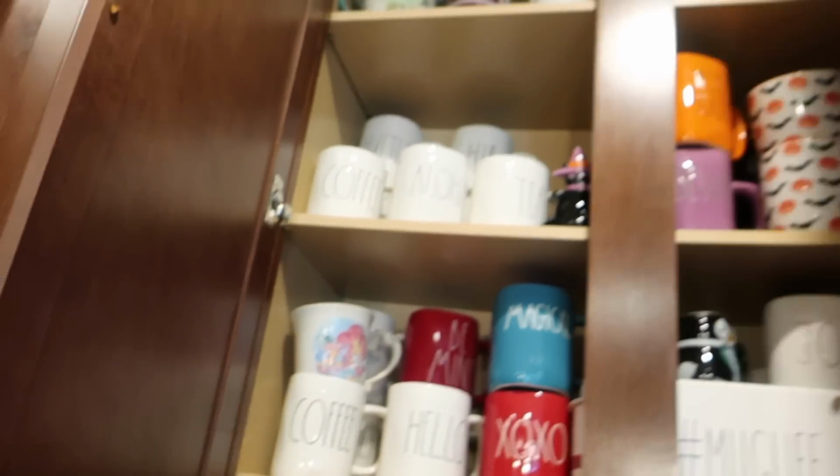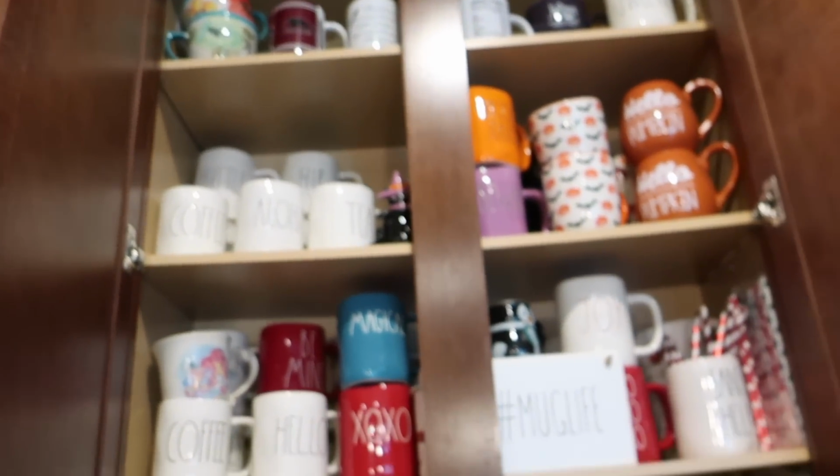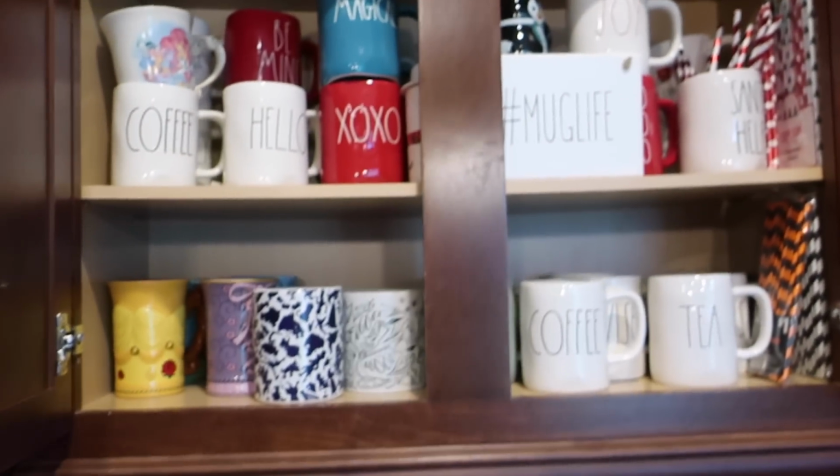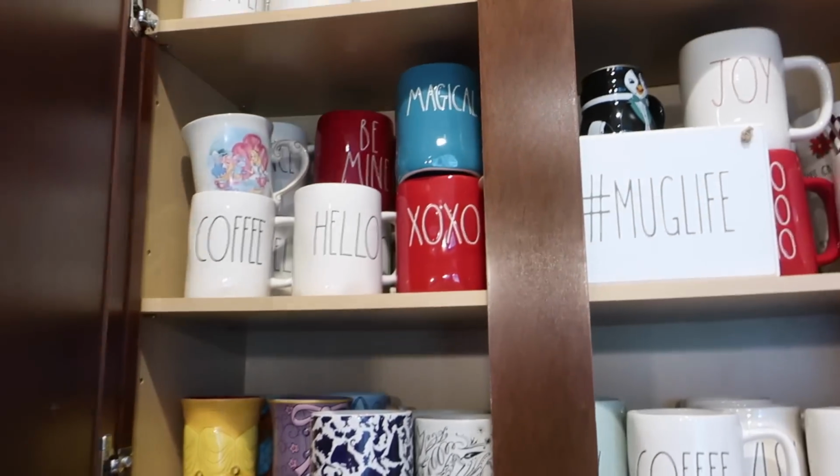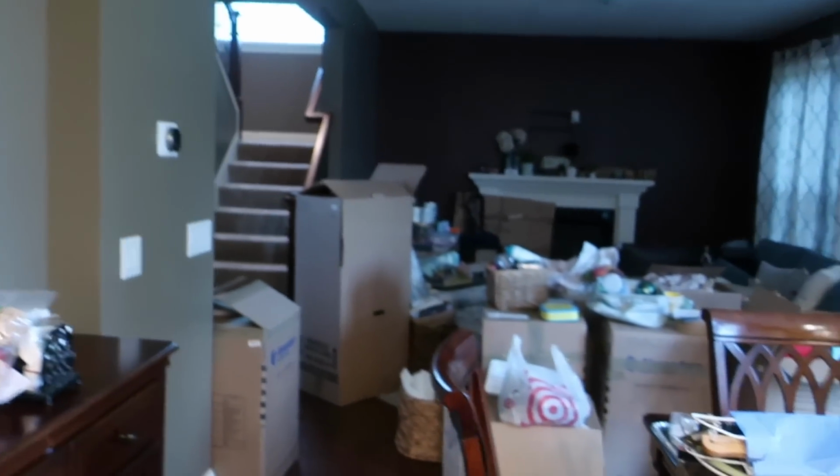This is not empty. This is where I put my mugs. It looks pretty similar to the last house other than I had tea up there too. And then we just have our Keurig down here. So that is it. Hashtag mug life. And then over here,